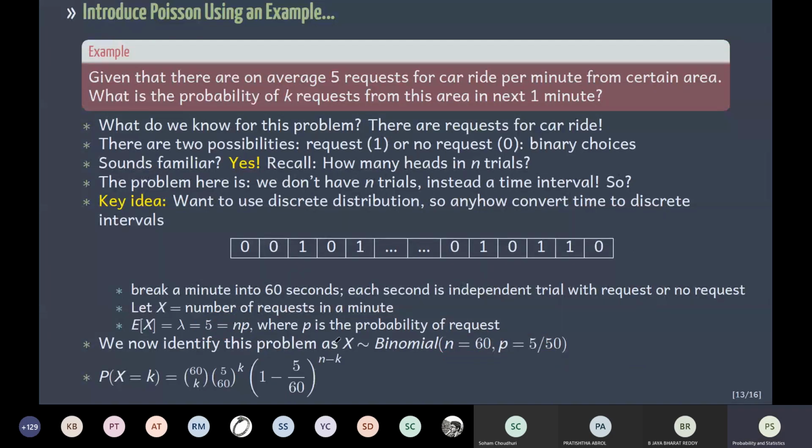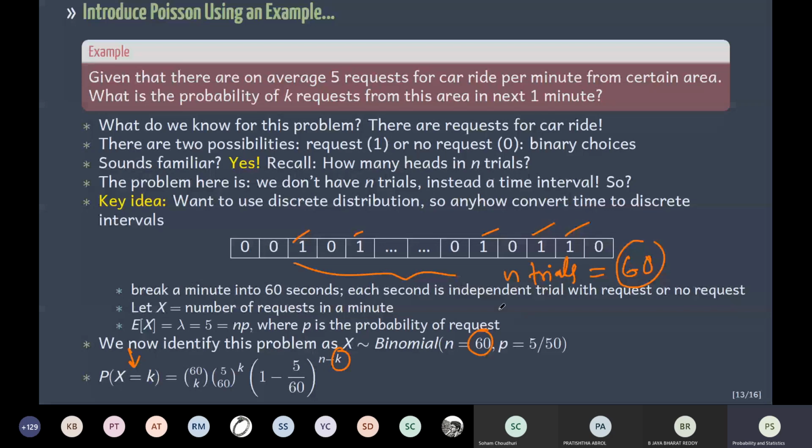So from the binomial we get this, right? The probability that we have exactly k requests. If we have k requests, then this comes from this, because these are the k requests we are talking about, k requests out of the n trials. In our case n is 60, so in 60 seconds, how many requests for a car are we getting? We model this like this, but as I said before,